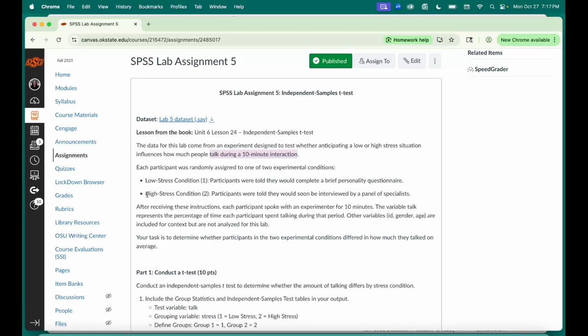They're not presenting it to anyone, they're just completing this questionnaire. The high stress condition, participants were told they would soon be interviewed by a panel of specialists. So people specializing in these questionnaires, so a little bit more high stakes, however you want to call it,